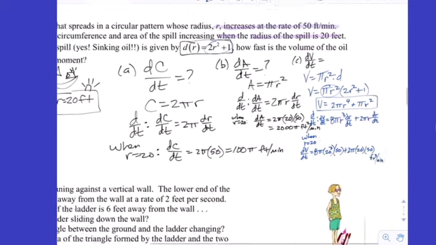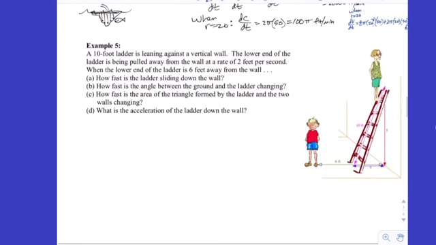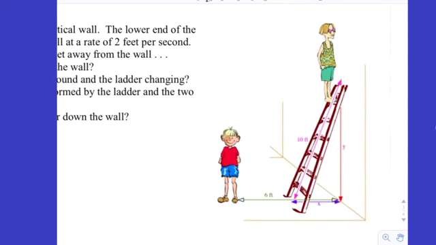We'll stop right there. You got a good start on related rates. We'll start tomorrow with example 5, which is my favorite all-time related rate problem. Okay? You can see how much fun it's going to be. We'll explain that